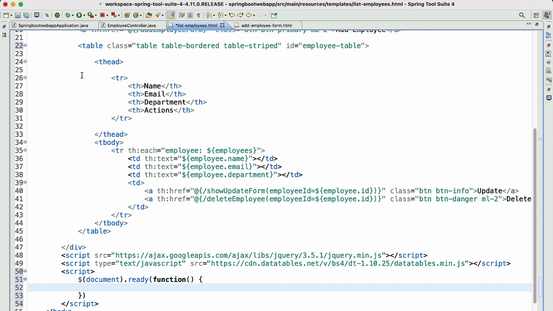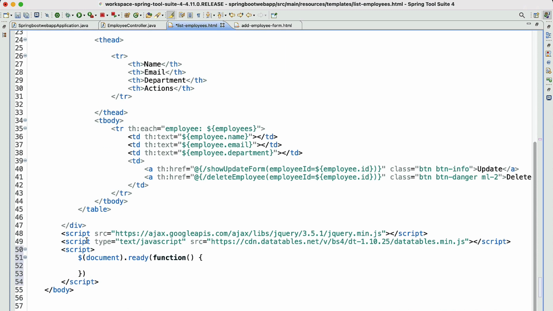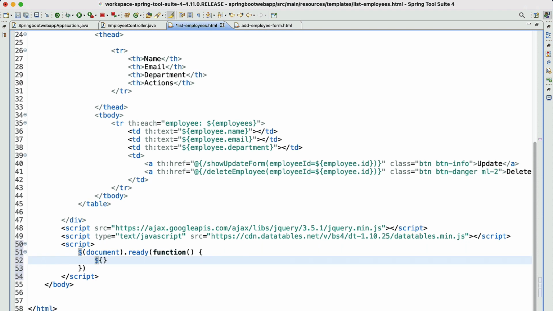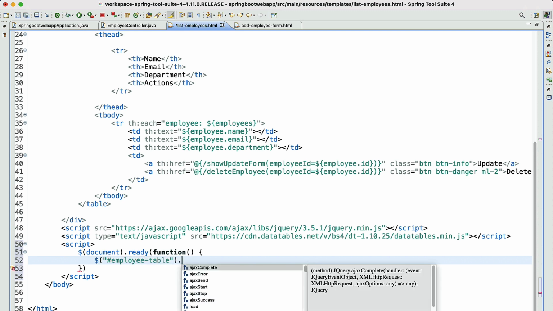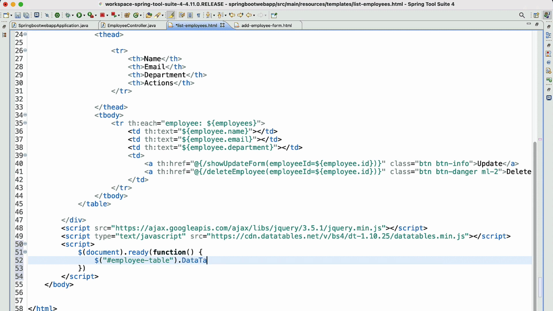We are going to target this table using the ID selector. We have added this ID: dollar, within the double quotes, hash employee table. We are going to call the data table method from the jQuery data table.